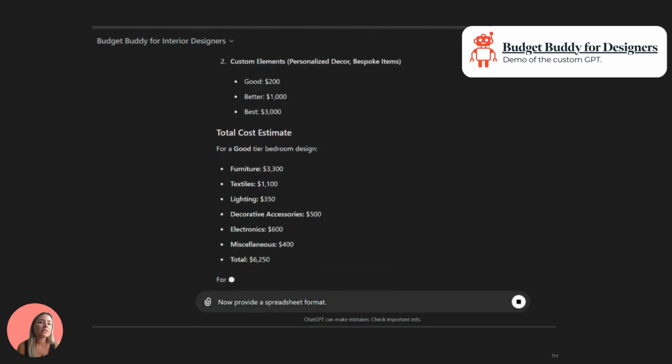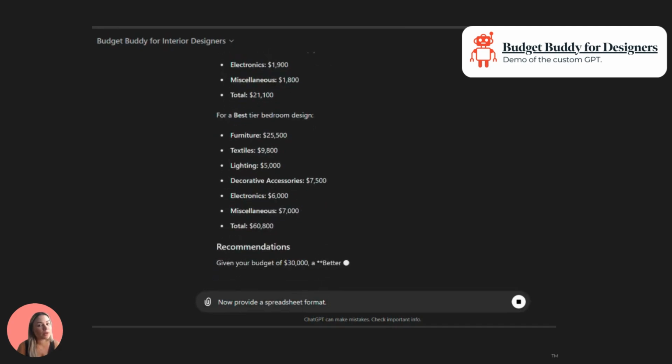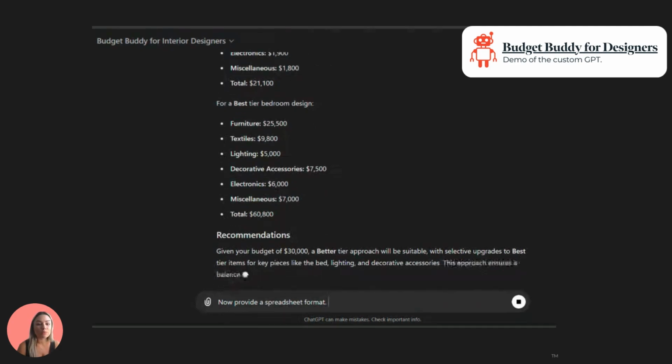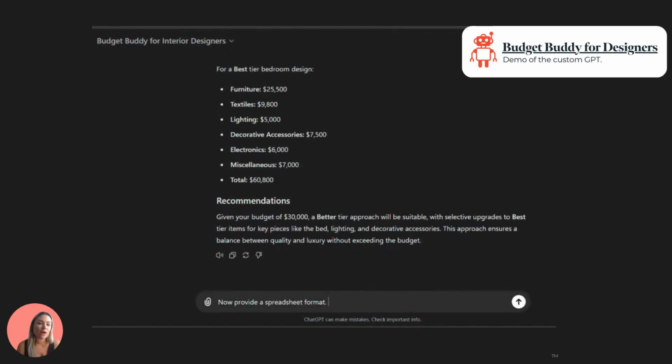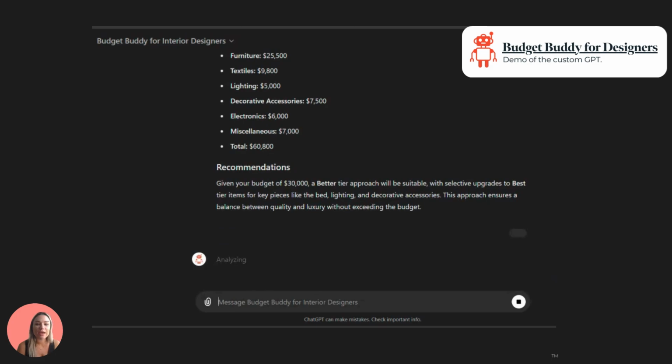So as you can see, it's giving me this full breakdown and allocating funds in a good, better, best scenario for how we could potentially break this down. Now, this is the first iteration. So I basically now can say, okay, well, we don't need this. We don't need that. This should be higher. This is not accurate, which, it does its best, but not everything is going to be 100%. And then we can reallocate the funds and really tailor this.